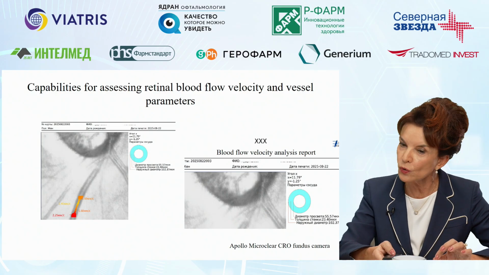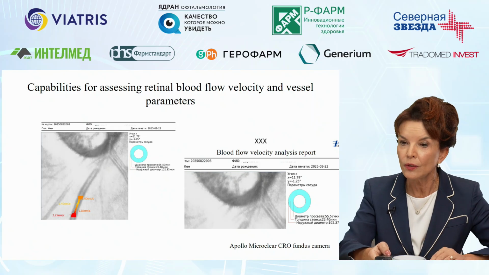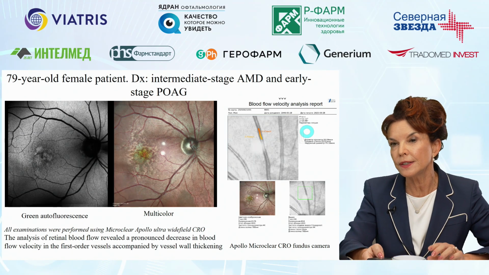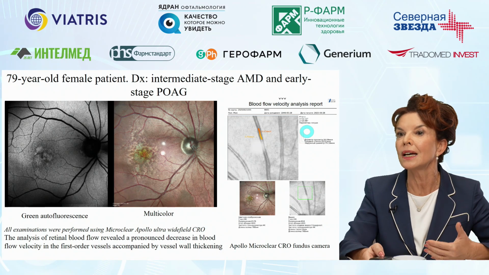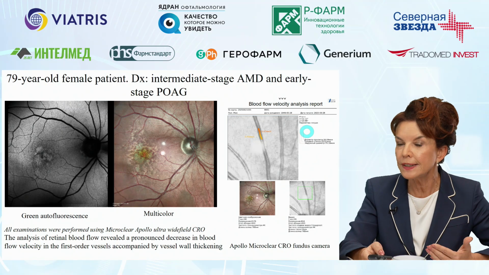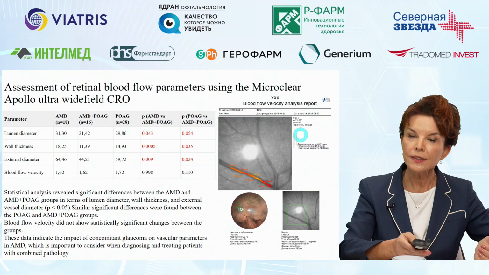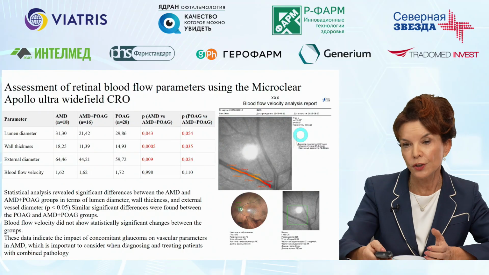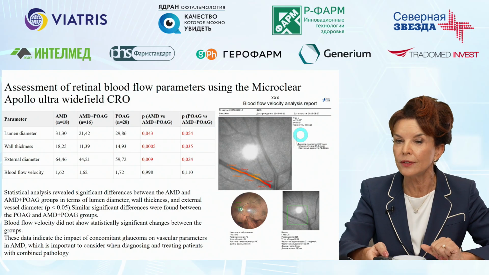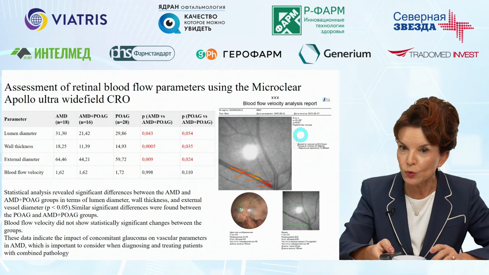We can also identify the blood flow velocity and even determine the characteristics of the vessels. When we use the fundus camera, you can see the patient with AMD and the initial stage of glaucoma. We identify the vessel, and we can see that the wall of the vessel was thinned. And again, when we divided patients into two groups, as it is shown here, we noticed that the velocity of